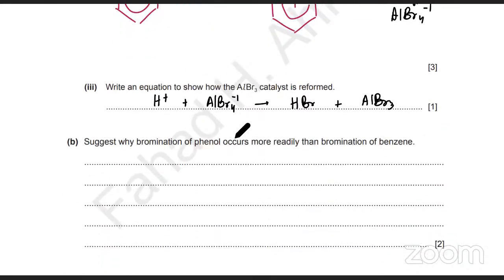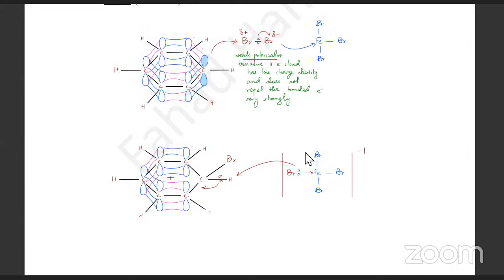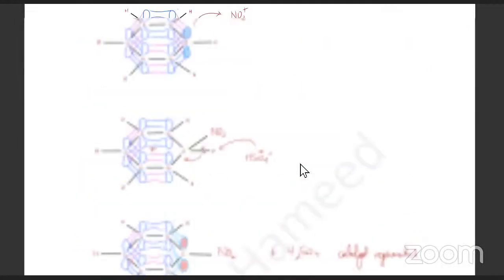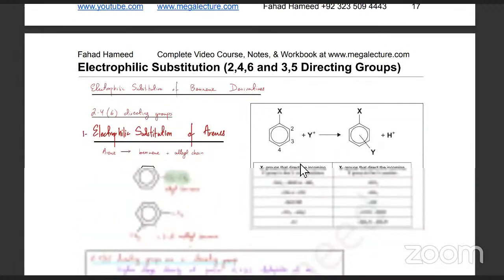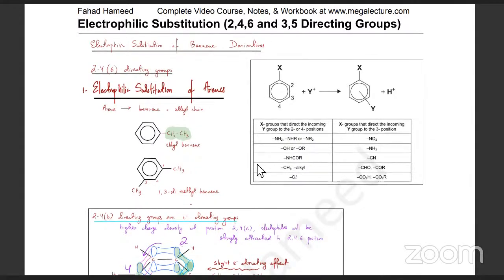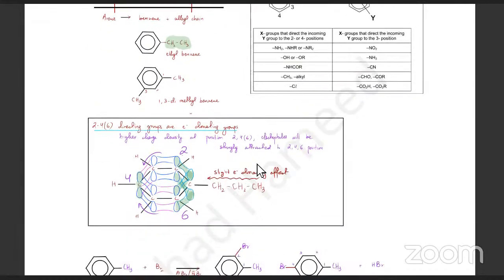The next one suggests why bromination of phenol occurs more readily than the bromination of benzene. So what happens in this case? Now this is just electrophilic substitution. Now there are certain types of electrophilic substitutions where the reaction is a lot faster. So you've got two types of electrophilic substitutions. There's a 2,4,6 directing effect. So when benzene